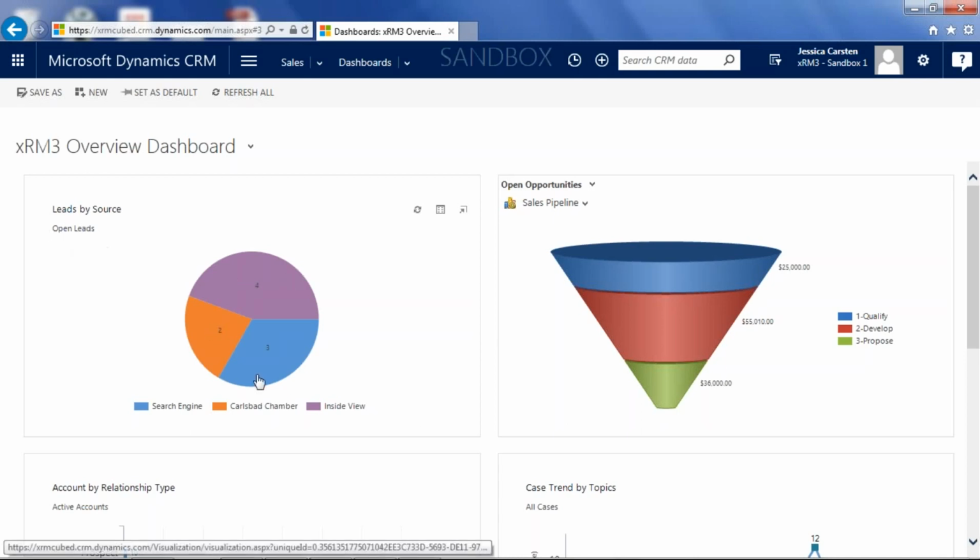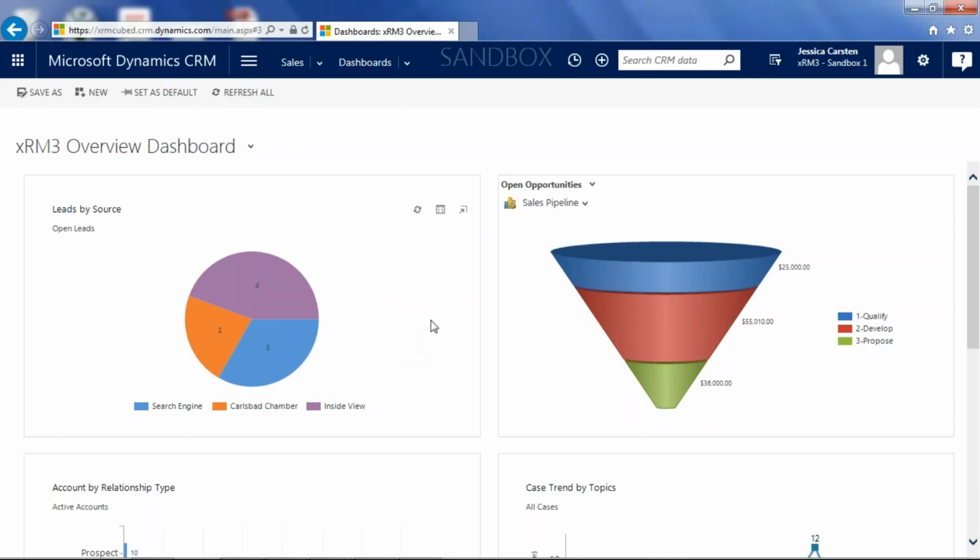And that view can then filter this pie chart appropriately and put the information in the way that we want to see it. So this is a really great tool to use. We do try and drive users to this, especially if you're having trouble with user adoption and people are feeling like they're bouncing around a lot. Creating one of these for a specific group and allowing them to use this to manage their day-to-day really does help and keeps CRM more fine-tuned and delivers the information that's most important to you